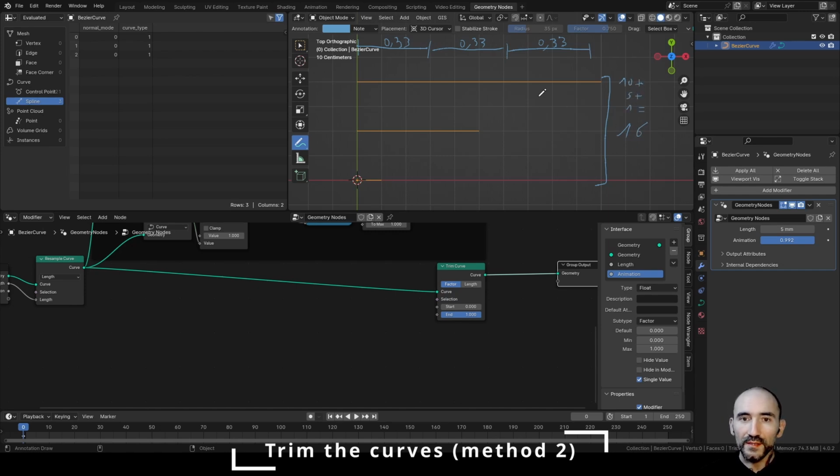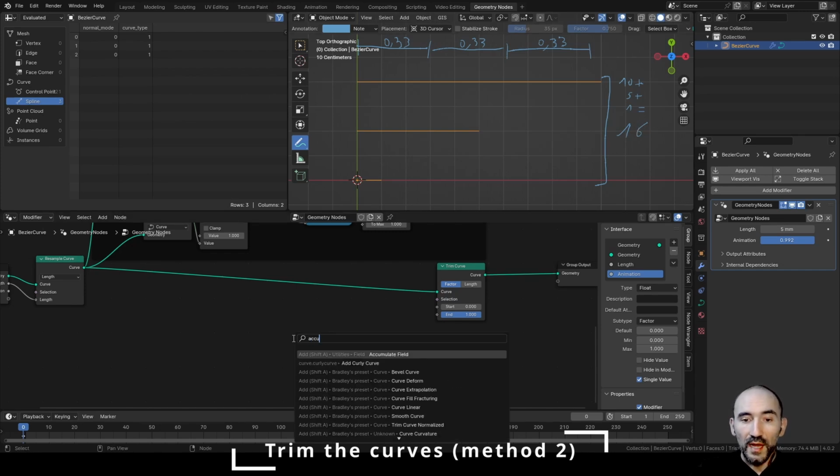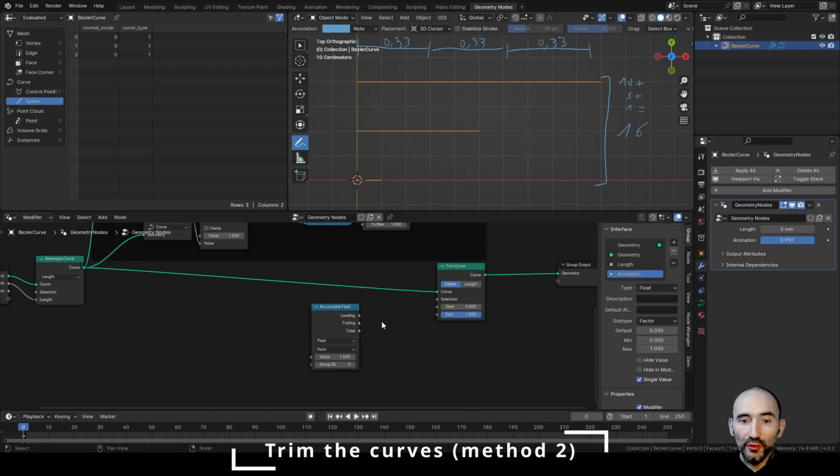We need to correct the starting and the end point of the map range of the remapping values of before to have the correct start and end interval for the first curve as a part of this 16, this length as another part of this 16, and this length of another part of this 16. The sum of these elements needs to be 16. So to do this, we can use a perfect node, so the accumulate field, and I can show you the